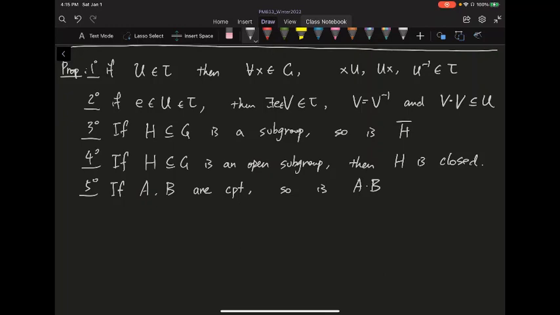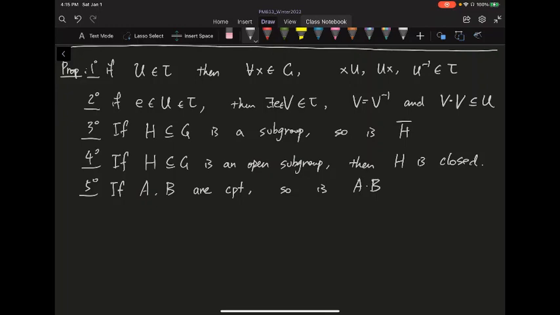And second, if you take an open neighborhood of the identity, so by the way, I use E as the identity in this course, then you can pick something we'll call a symmetric open neighborhood. So this V is another open neighborhood, also of E, and V and V inverse are the same,